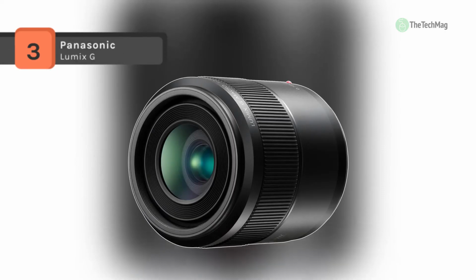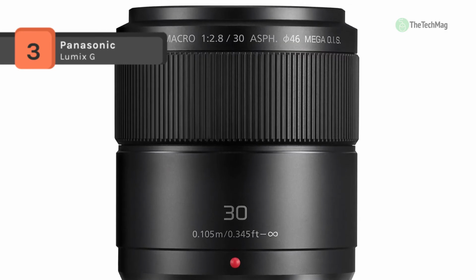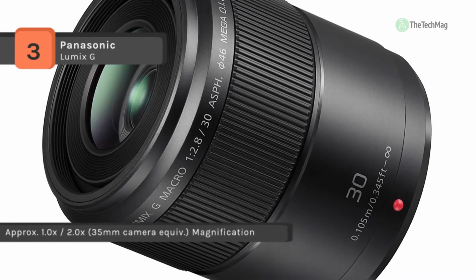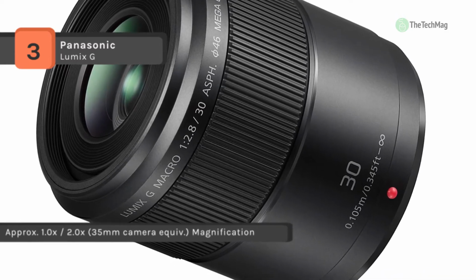Created for close-up shooting, the Lumix G Macro 30mm f/2.8 ASPH Mega OIS of Panasonic is a 60mm equivalent prime lens meant for Micro Four Thirds mirrorless digital cameras. Its macro abilities enable a minimum focusing distance of 4.1 inches along with a 1:1 magnification ratio for life-size imaging